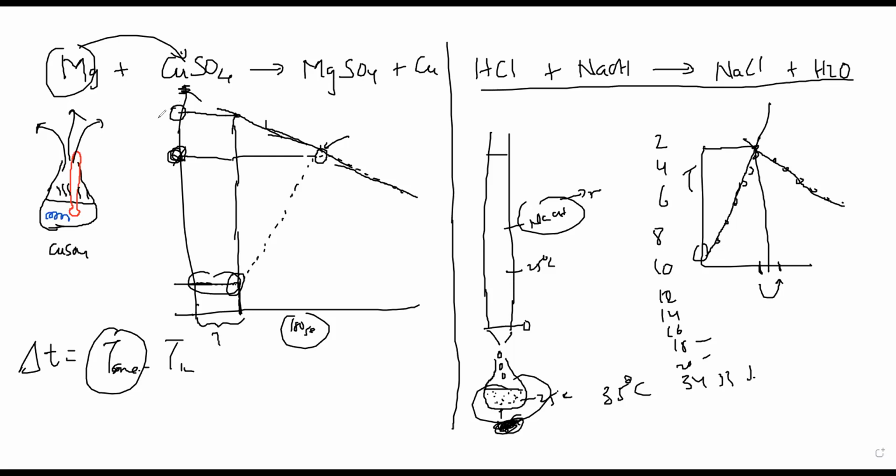So for delta T, I will check the difference between these two and not these two. This is the recorded maximum, but this is not the correct. Correct is this. How did I get this? My thermometer did not show that. Yeah, I found out from the graph. If this heat loss was not happening, then actually my maximum temperature would have been here.